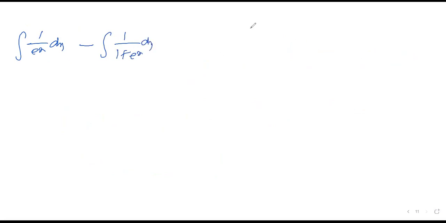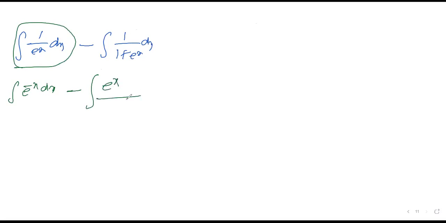This question is very simple, because 1 by e power minus x dx you can do it out. But for this question, if you take 1 plus e power x as t, dt does not appear. If you take 1 plus e power x is t, e power x dx will come, which is not available in the numerator. So for that reason, I should multiply e power x in the denominator and numerator.